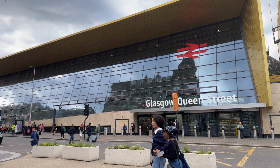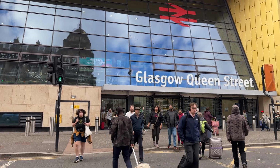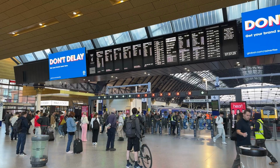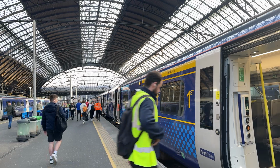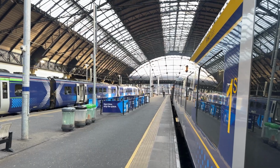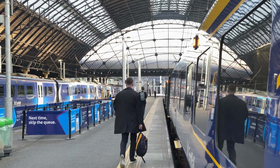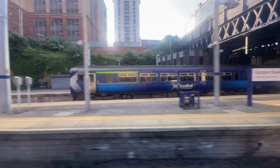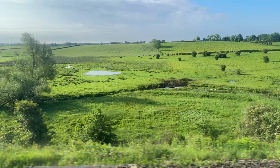It first opened way back in 1842 at the beginning of the railroad era, and then it was completely rebuilt in the year 2021 with a new concourse and greatly improved facilities, which is where I'm going to catch my train. I photographed the video you've been watching during my 30-day train trip all the way around Great Britain, visiting 12 major cities and day trips out to a dozen smaller towns, as I will be showing you in other movies. I traveled with a Brit Rail Pass, making it convenient to catch any train I wanted without any reservations,